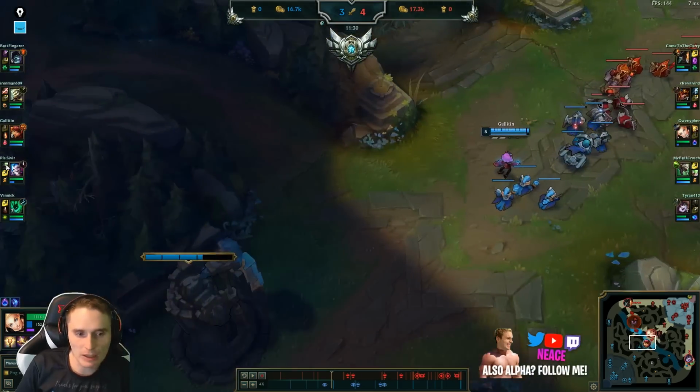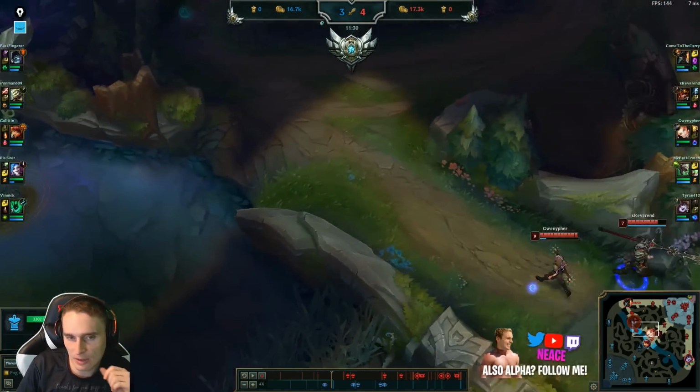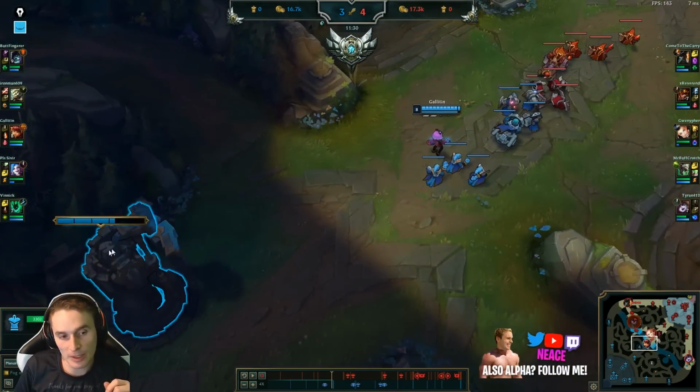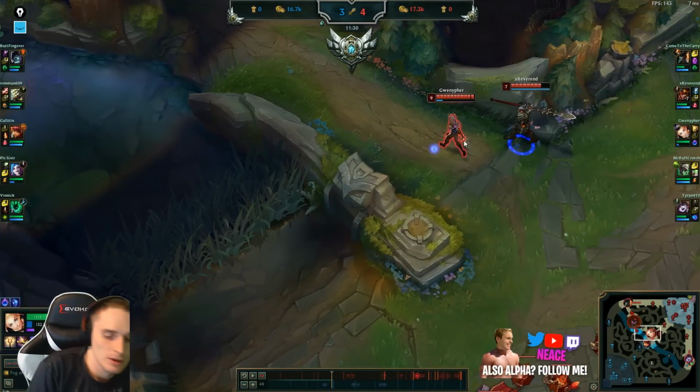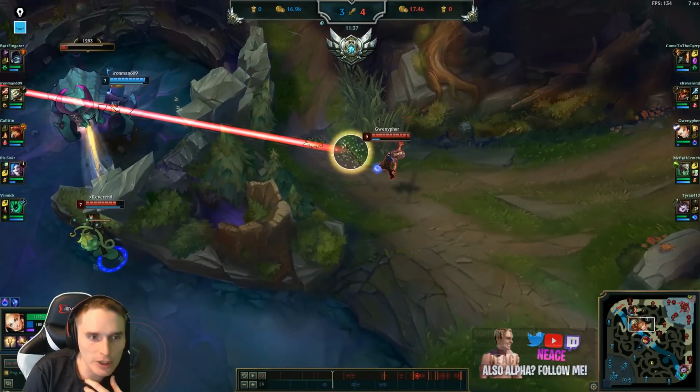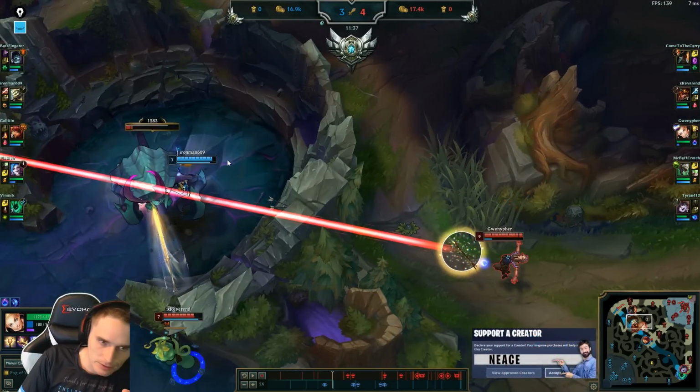Because even if Annie rotates off, guess what? Her tower gets hurt. And if she rotates off in front of you, you can just walk up and hit the tower and take a plate. So what you do here is good. Except,